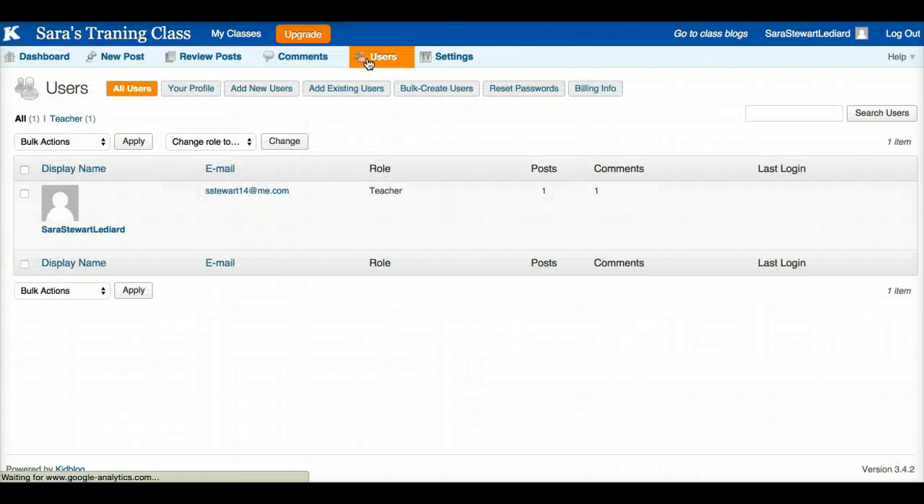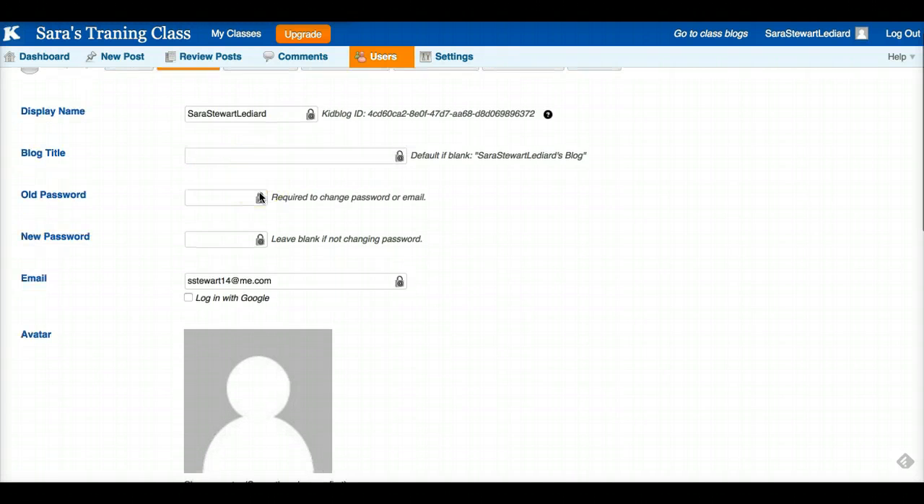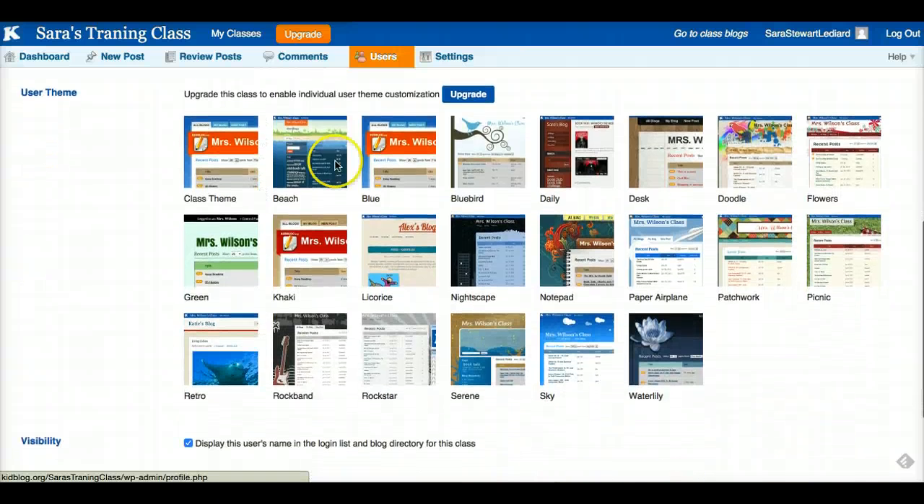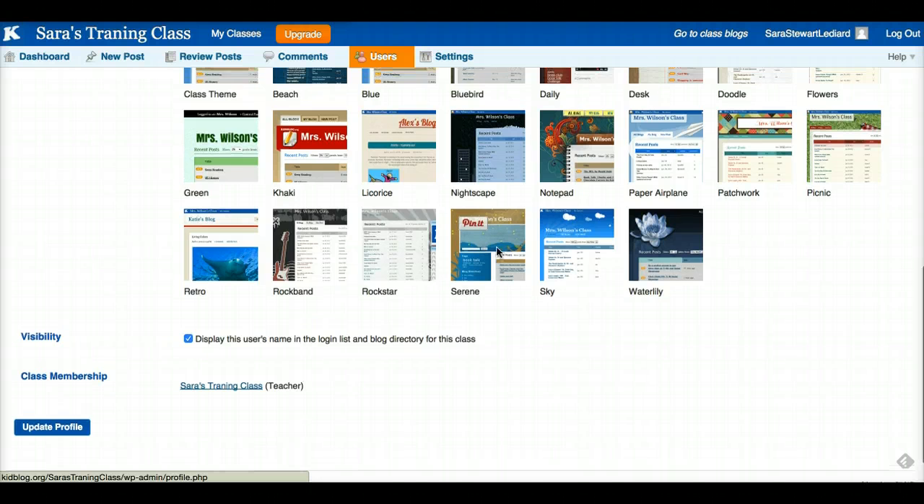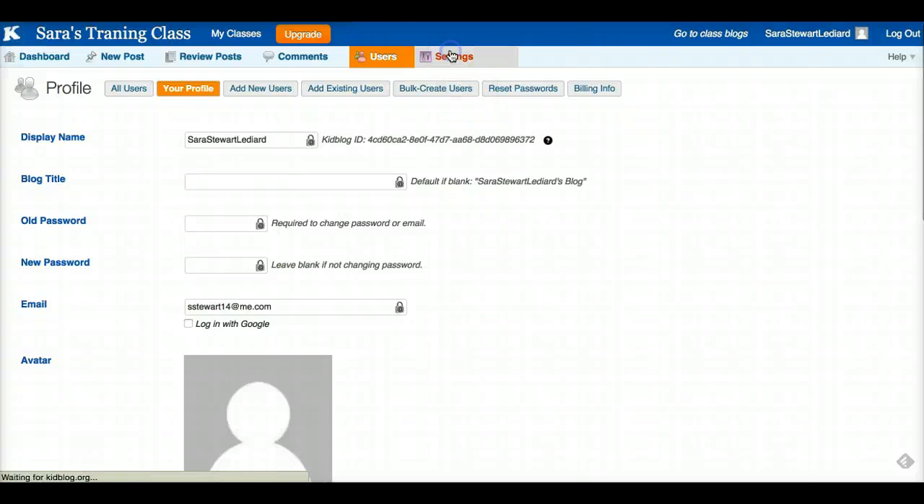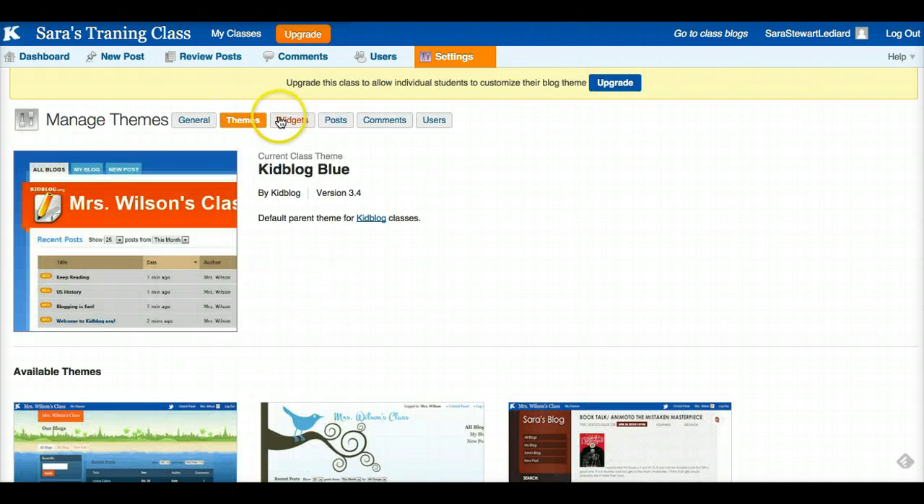I can click on users, and here you can see I would be able to see all my users. Right now I don't have anybody loaded. You can modify your profile if you wanted to change your blog title or your password or change your avatar. And this is also where you can customize it. So if you wanted to choose a different theme, and settings. So under settings you also have the ability to look at themes,